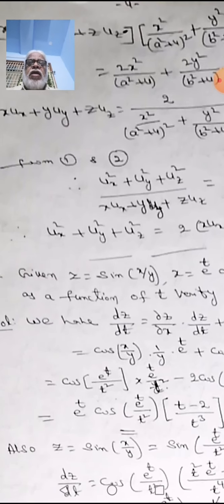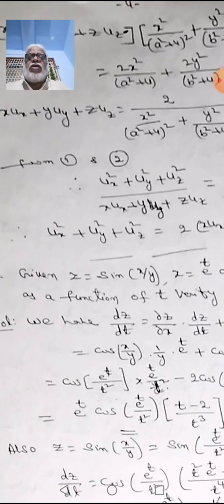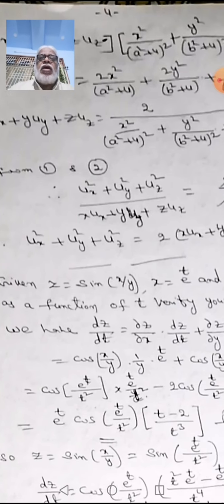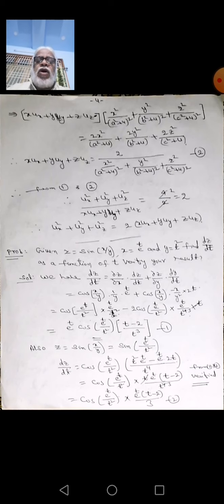That is the second, that is the fifth. Actually, you take a and b instead of 1 and 2. From a and b, the value of ux square plus uy square plus uz square by xux plus yuy plus zuz is equal to, finally these denominators are cancelled, 4 by 2, that is equal to 2. If we cross multiply, we get 2 times xux plus yuy plus zuz. So this is our required solution, and by that, the problem is over.